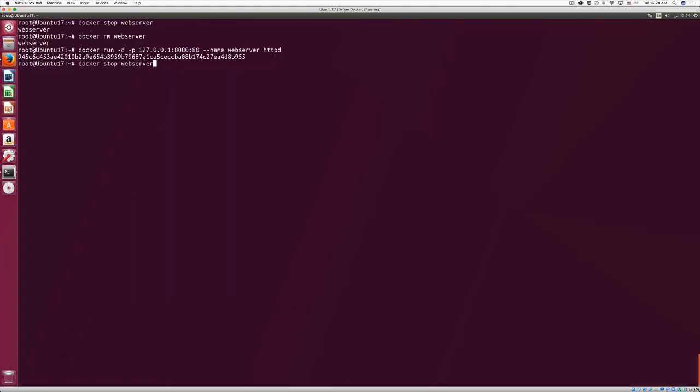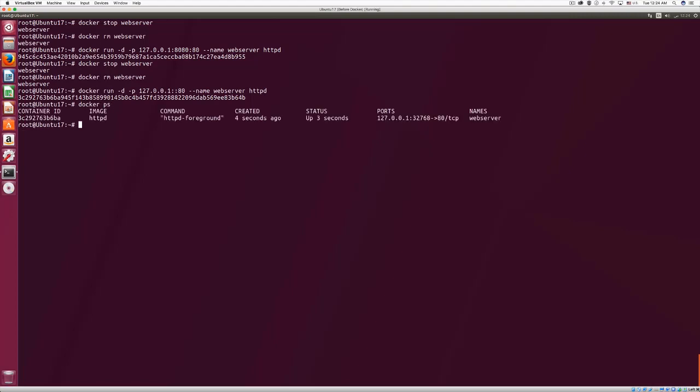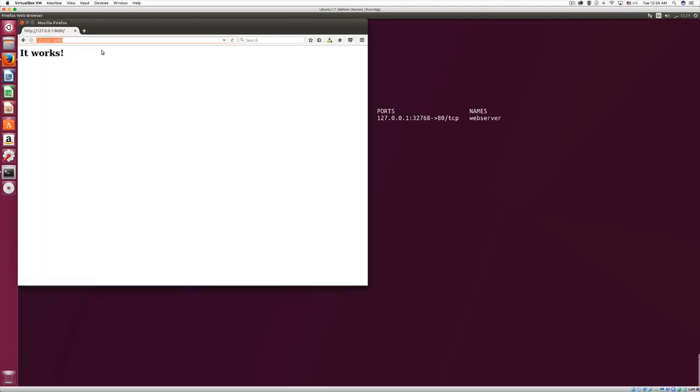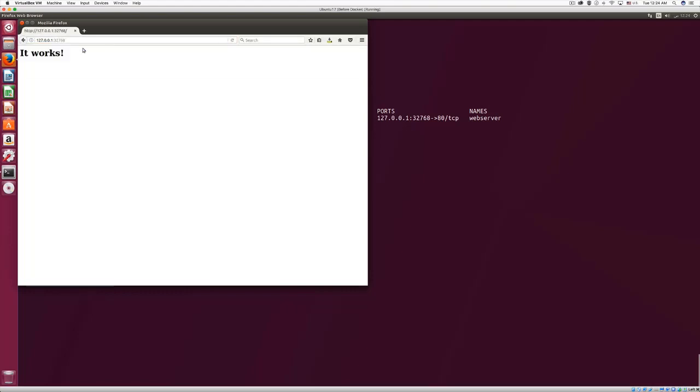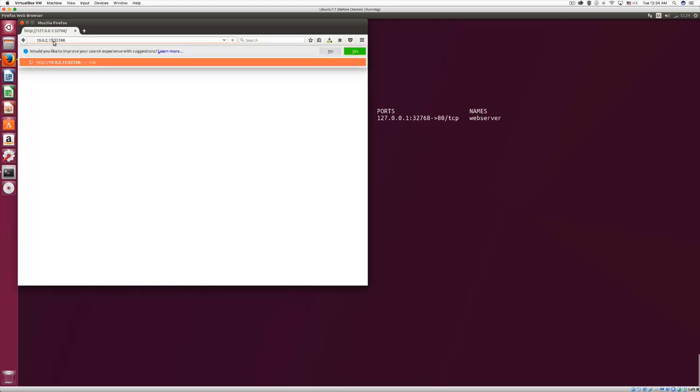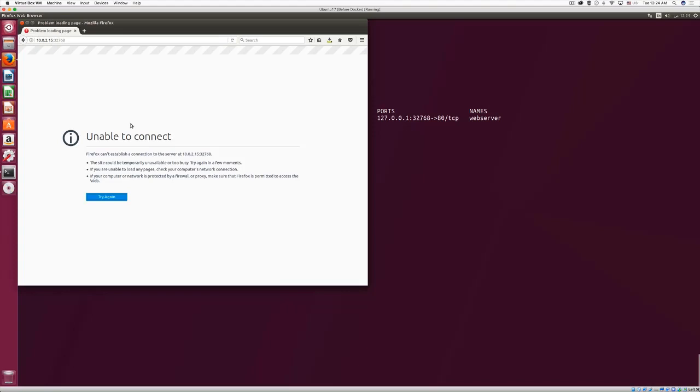This can also be done with the first scenario, or the first option, which is to use a random port. Just remove this port from here and you're going to be left with two columns like this. And now I'll just need to know which port has been used. So it's 32768 again. So if I use 32768, I'm going to have Eduonix. However, if I use that same port with 10.0.2.15, I'm going to have unable to connect because it is only listening